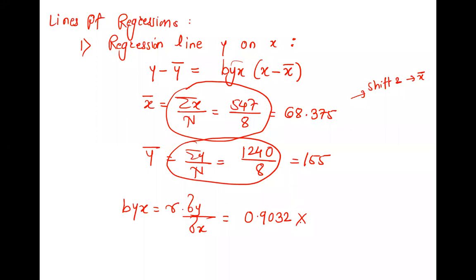R, sigma x and sigma y are also there in your calculator. So go to shift and 2 once again. First we need sigma y. Go ahead with the arrows, you can see the arrows on the big button. Sigma y is at number 2. Press 2 and equal. What is sigma y? 26.5518. At least write up to 4 digits. Every time, after this point, you should write 4 digits.